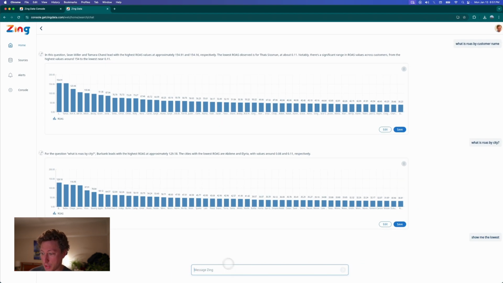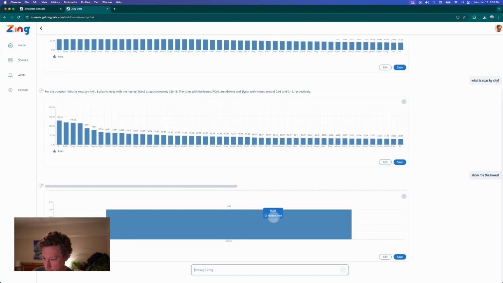And maybe there's certain cities where spending money on online ads or ads out elsewhere just doesn't make sense. So I can see my return on ad spend in another city is actually really bad. I can also ask questions that require Zing to understand relationships between data, like joins. So I'll say, show me the total dollar value of returns